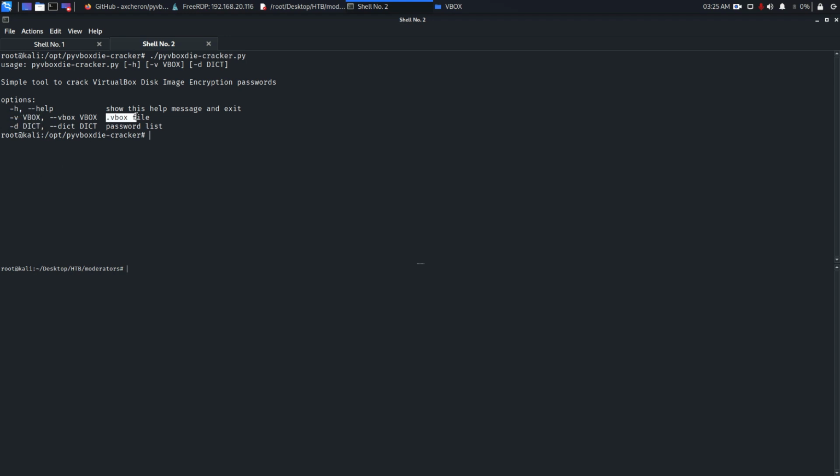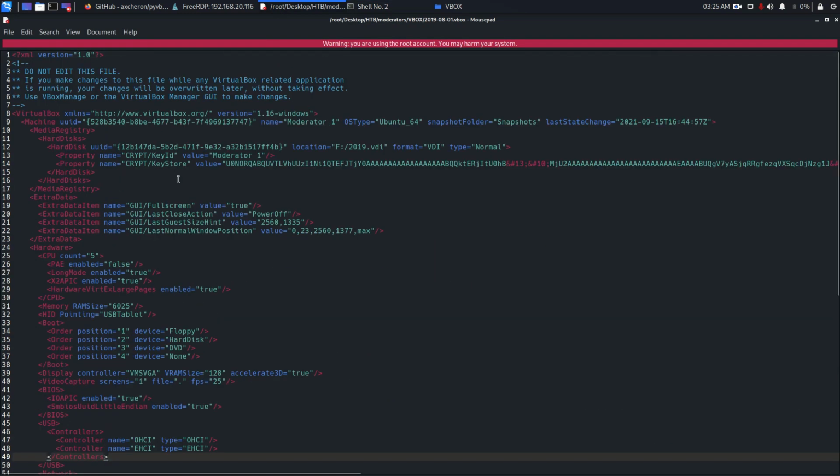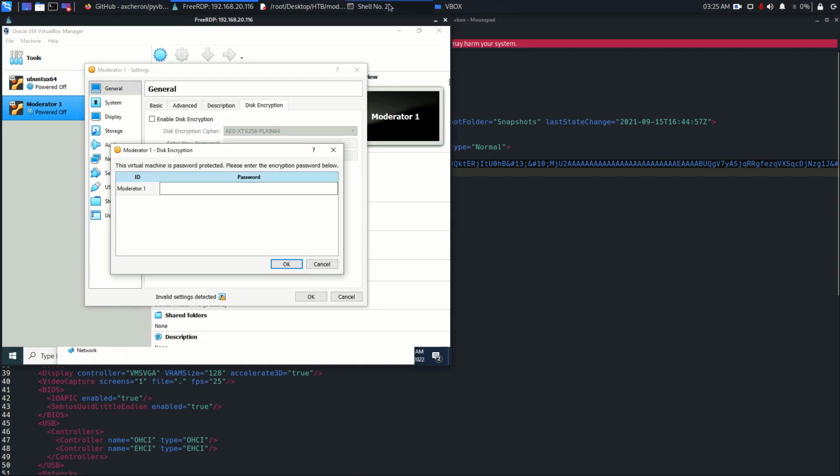Why is it asking for the vbox file? Because if you look closely in the vbox file, you have the password. So it is going to decrypt this password. So that's why the other guy was angry, because this is a sensitive file with sensitive information which should not be leaked. Okay, so come back here,